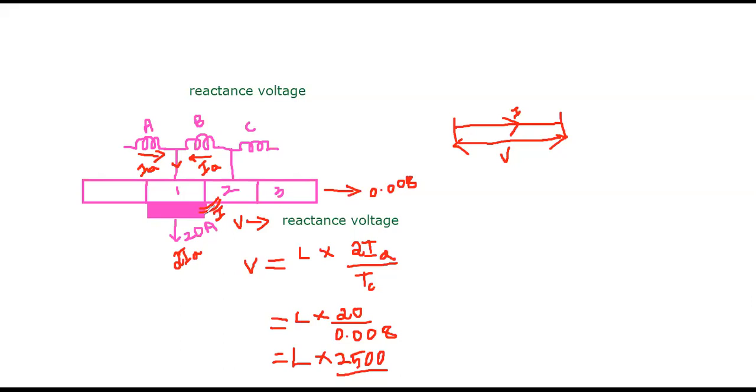So we want to eliminate this spark. If sparking comes, only then is there a need to discuss the reactance voltage. My ultimate aim is to remove the sparking. To remove the sparking, up to now we have discussed the interpole method. To avoid the flux weakening, we discussed the compensating winding method.